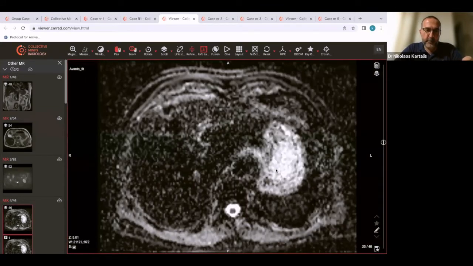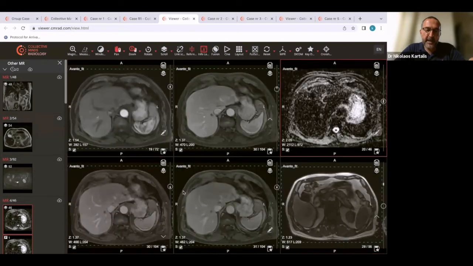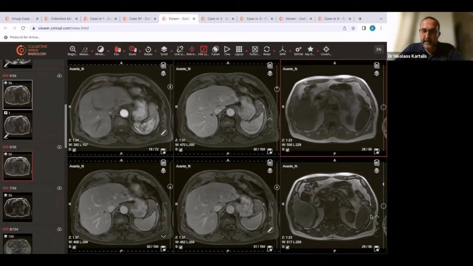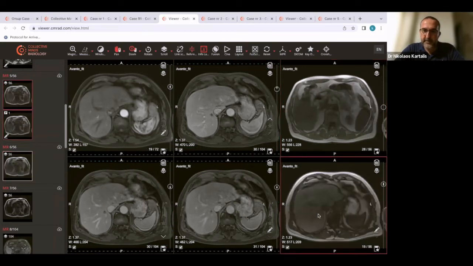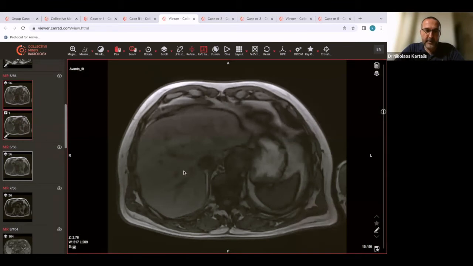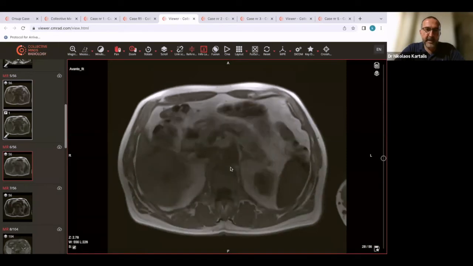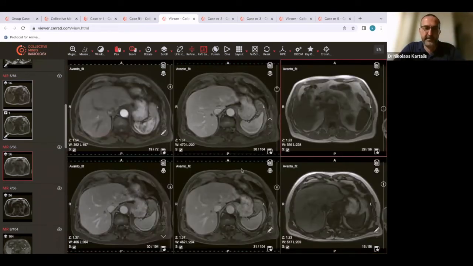This is something that fooled us too during the conferences, because we see the hyperintense lesion compared to the background. But if we look at the in and the opposed phase images, I will show you here the in phase and the opposed phase. So this is the opposed phase image. And you see the signal on the out of phase is much higher than the signal on the in phase. So actually the patient had hemochromatosis, which made the findings of the diffusion a bit unclear.